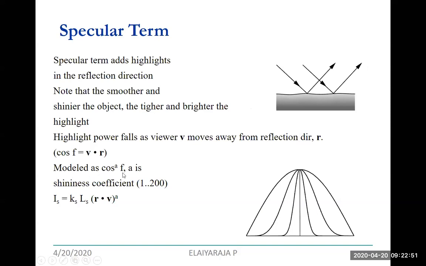Okay, so modeled as cos power a, where a is the shininess coefficient, right, where you can write the shininess coefficient factor, where you are going to calculate the intensity is equal to the coefficient factor of shininess and the light source multiplied with the reflection factor and viewer point, power a. This a says about the intensity of shininess.